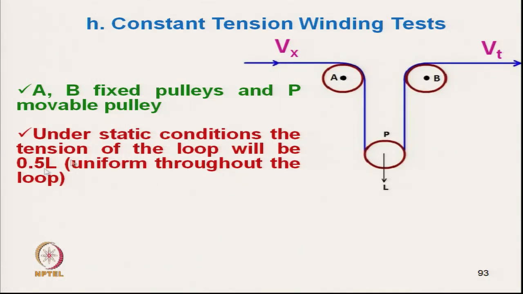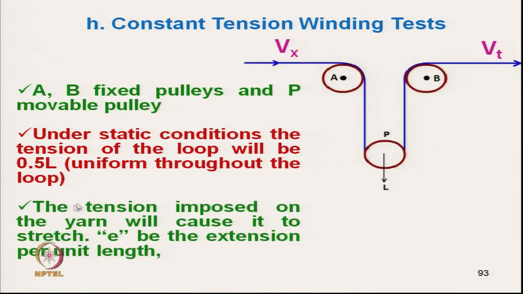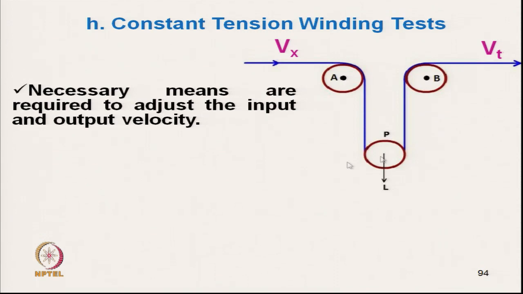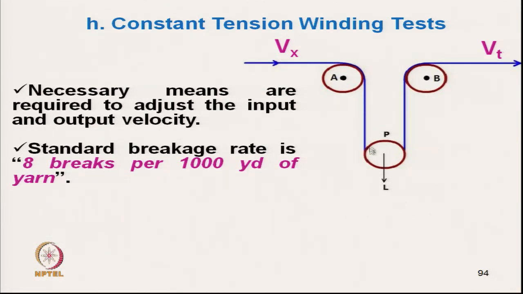Under static condition, the load is divided into two equal parts, and when tension is imposed, it gets extended, stretched by E. So, the speed we know is basically input speed multiplied by 1 plus E. And we have to arrange some means to take care of the stretchability, and if we know the stretch percent, then we can easily adjust the speeds, and the standard breakage rate is 8 breaks per 1000 yard